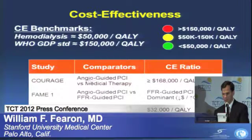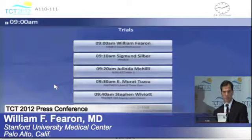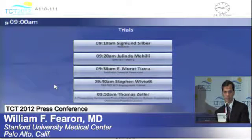So how do our results compare to prior studies? In COURAGE, angio-guided PCI was compared to medical therapy, and the cost-effectiveness ratio was at least $168,000 per quality-adjusted life year. In FAME-1, we compared angio-guided PCI, like that done in COURAGE, to FFR-guided PCI, and found that